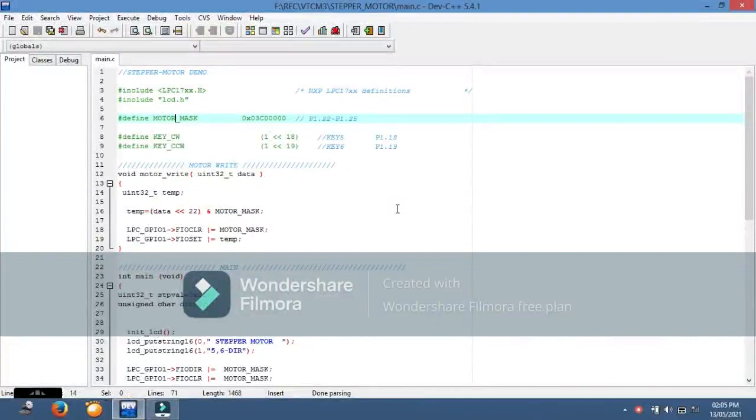So, in a previous lab experiment video, we discussed how to perform the hardware experiments using embedded C language, and we saw the steps to generate the hex file which is to be dumped on the kit, step by step using the Keil software Microvision 5.